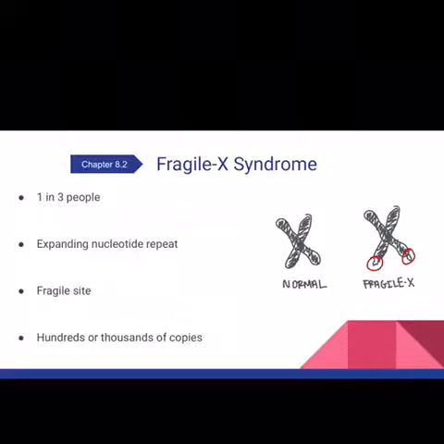In class, we first learned about Fragile X syndrome in Chapter 8.2. In this chapter, we talked about rare fragile states and how they are often associated with a high number of nucleotide repeats. Well, Fragile X has a fragile state, and that has an expanding nucleotide repeat that is